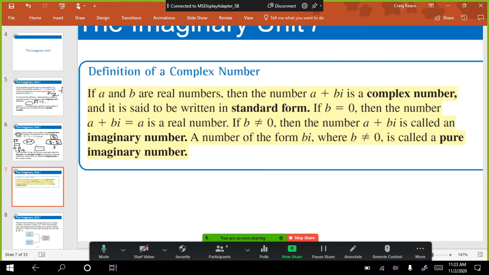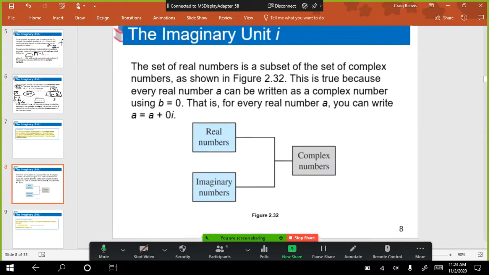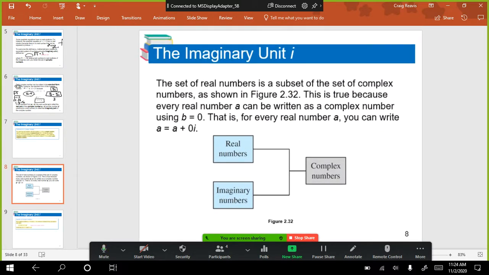So if it doesn't have the real part to it, it's called a pure imaginary number. 5i, -4i, whatever. It doesn't have the real part. When we're talking about sets of numbers, real numbers and imaginary numbers are separate sets of numbers. It cannot be both real and imaginary at the same time. But when you combine real numbers and imaginary numbers, that's where you get your complex numbers. Complex is a broader